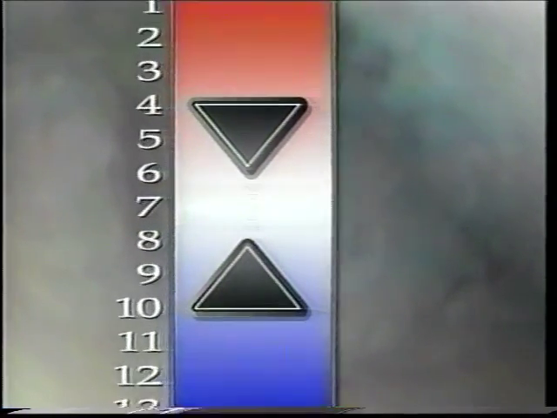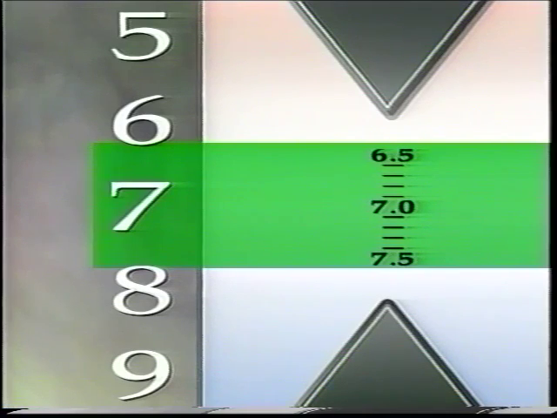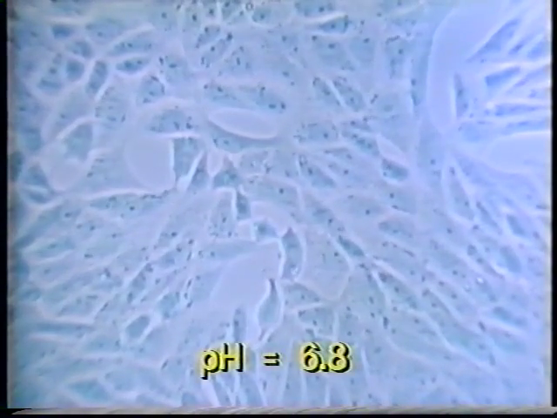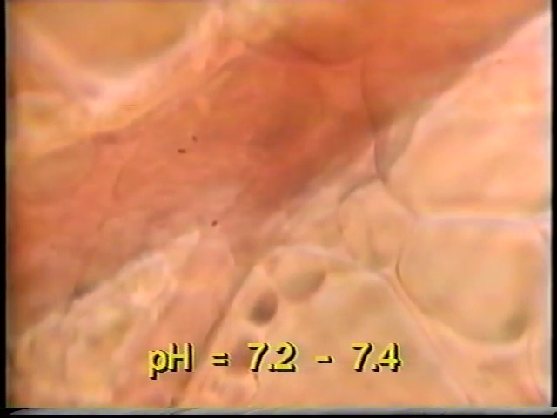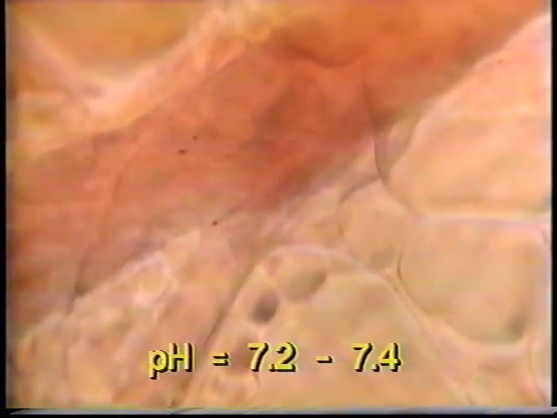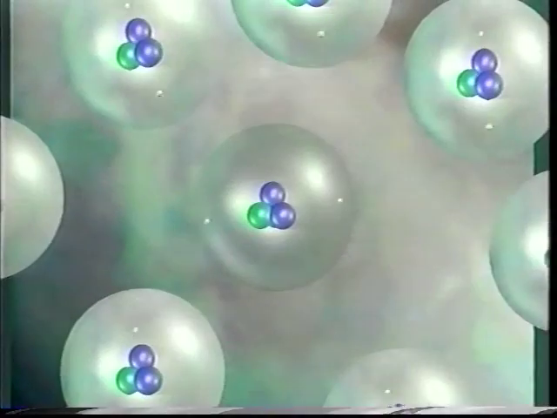While chemists deal with solutions with a wide range of pH, the majority of biological reactions take place within a very narrow pH range. For example, the liquid in the interior of most cells is maintained at a pH of about 6.8. The pH of blood is between 7.2 and 7.4. This is important since blood is able to carry its maximum amount of oxygen at a higher pH. So far,